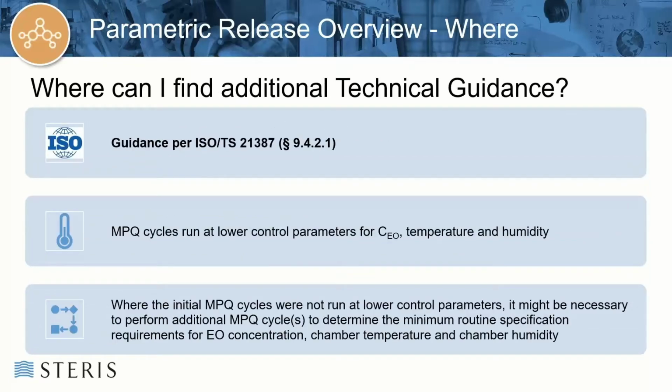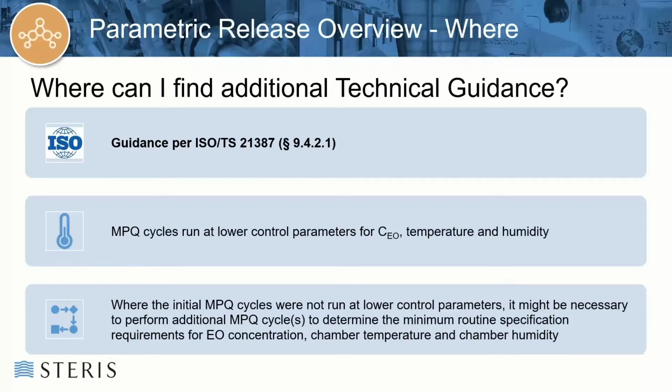So where can I find additional technical guidance outside of ISO 11135? Recently, the technical standard ISO 21387 was released, and clause 9.4.2.1 states how to do your parametric release validation. You can lower your control parameters during your validation for concentration, temperature, and humidity. Likewise, if you're going over to parametric release, there might be a need to repeat a few cycles at lower control parameters to widen your parametric tolerances. In addition to